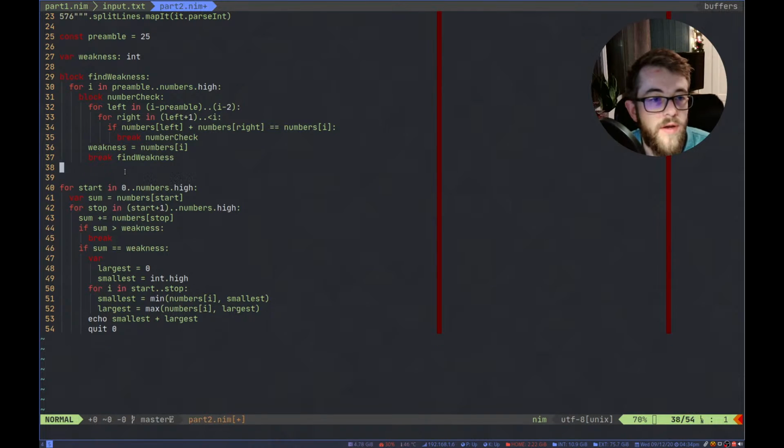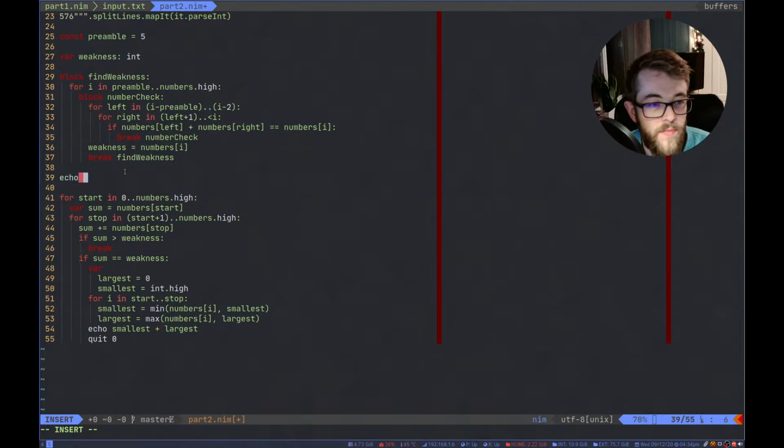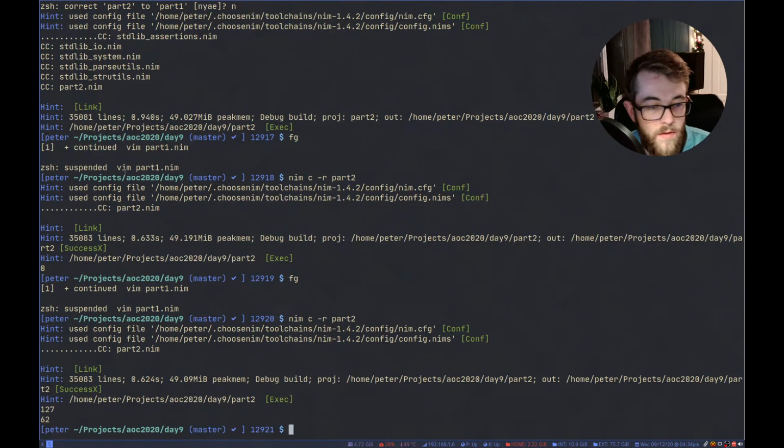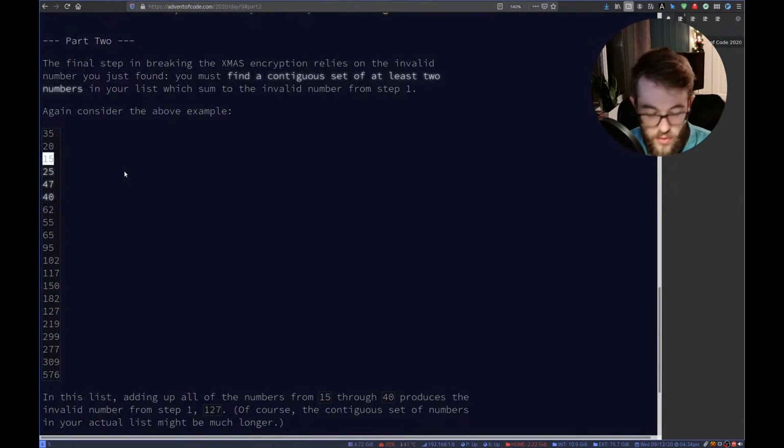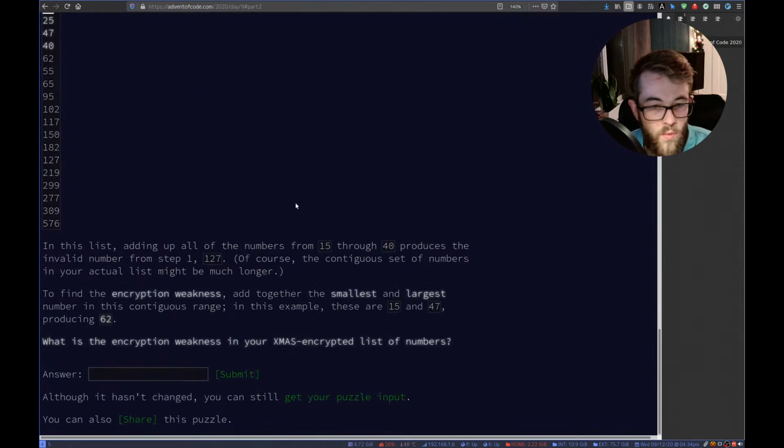The weakness is wrong, because we didn't update the preamble. Right. There we go, 127 and 62, which is what we were expecting.